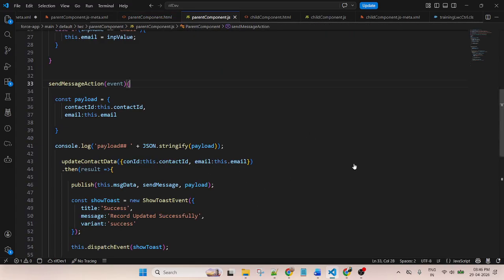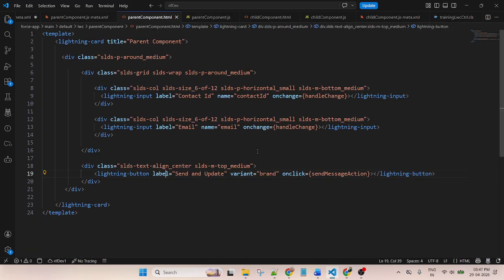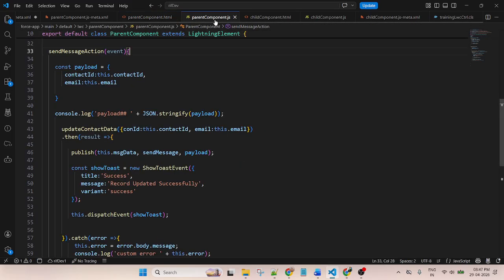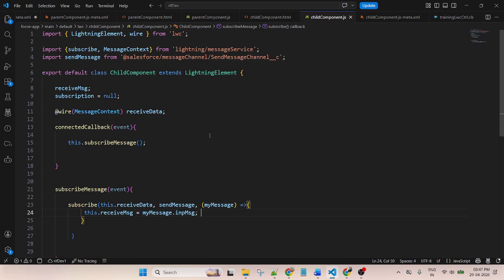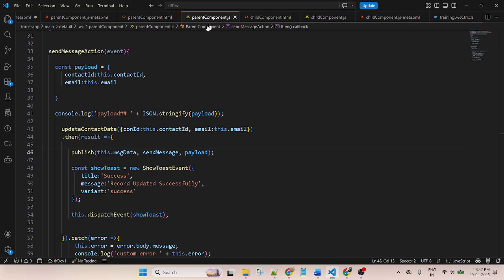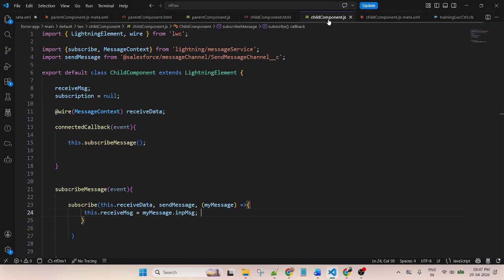Yes. So actually, first of all, I'm working on the parent component, still not sending the data. So this is a publish. Now go to the child component. Similarly, if you want to receive the data that I am passing from the parent component, in the parent I am using publish, which means you want to send the data. In the child component you use subscribe, which means I want to receive the data. So this component will receive.